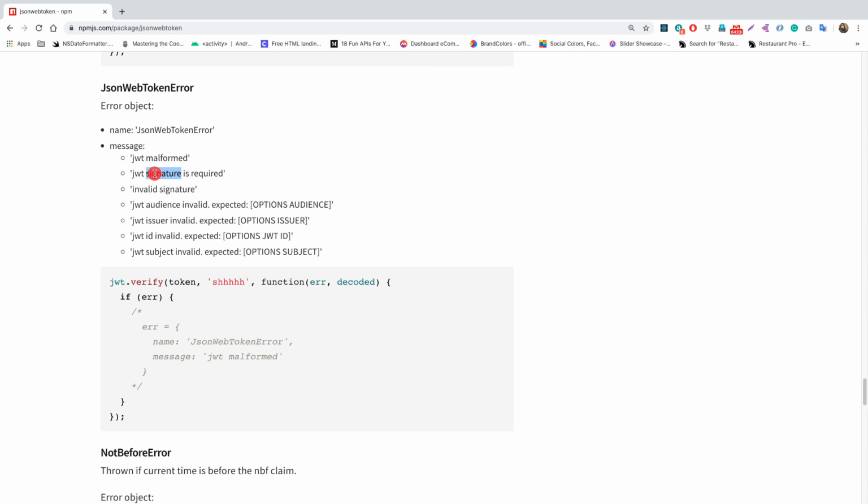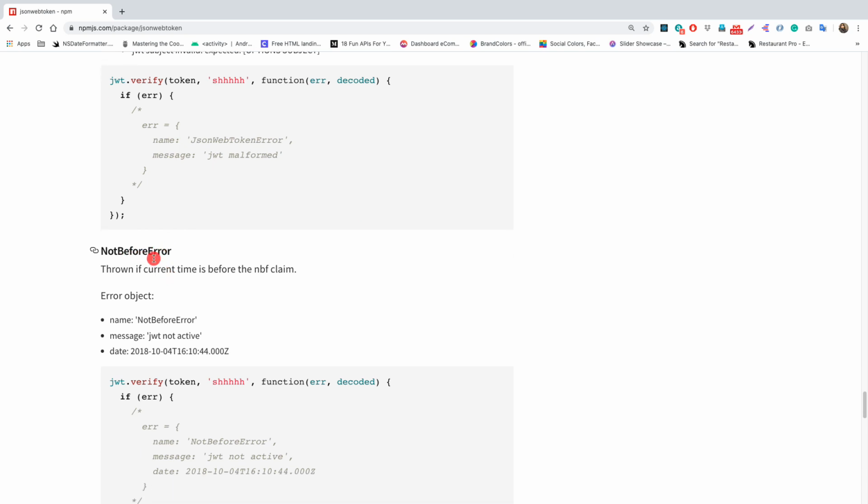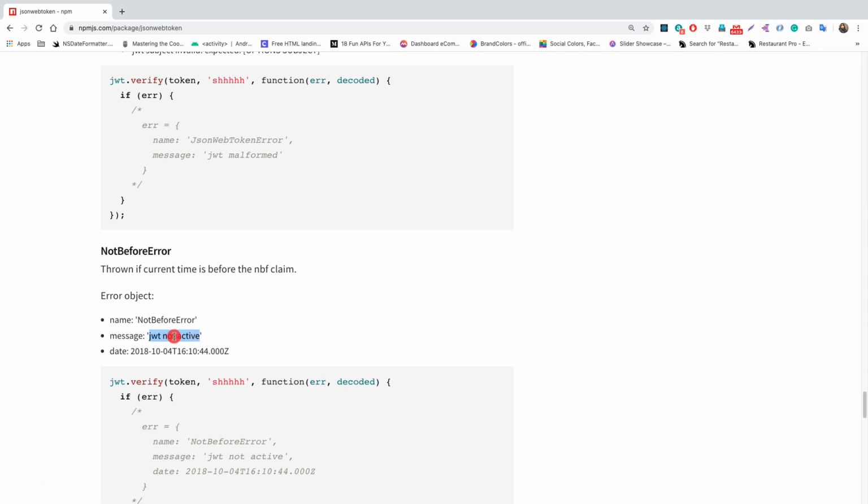So it is not recommended to send this error message back to the client. Neither are we interested in the third type of error, NotBeforeError, because we are not using the NBF claim, the not before claim. Its message only contains that the JWT is not active. If you are using the not before claim, then you might also send this error.